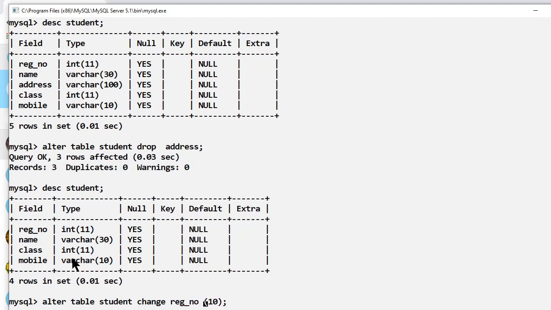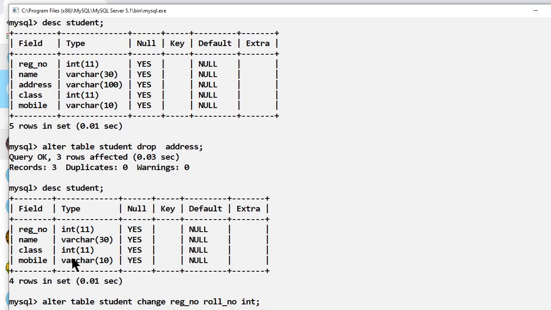It is the old name, and the new name is roll number, and the data type of roll number is int. So here I don't need any bracket.